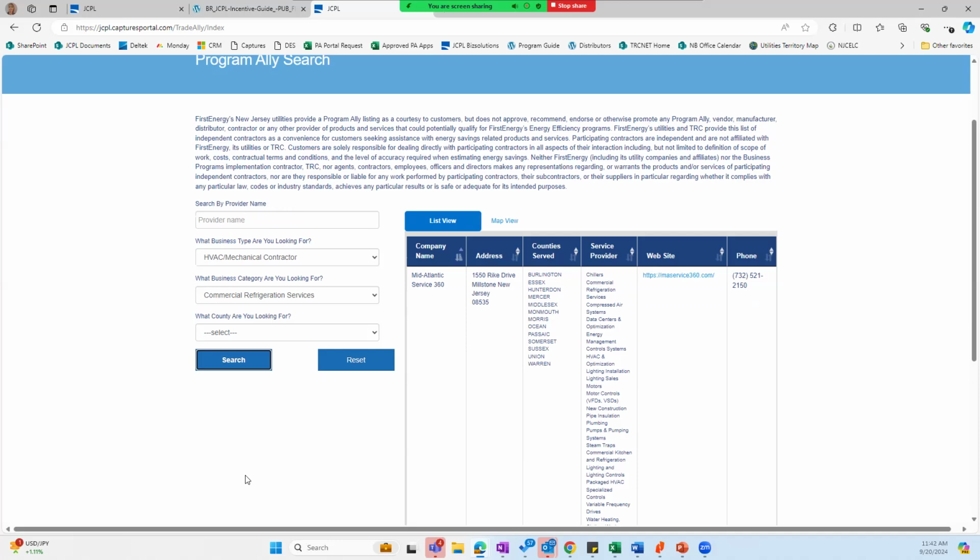Now, if you have a contractor that you particularly want to work with and they're willing to submit the application on your behalf, they would just need to apply to become a program ally, and then they can submit the application on your behalf.